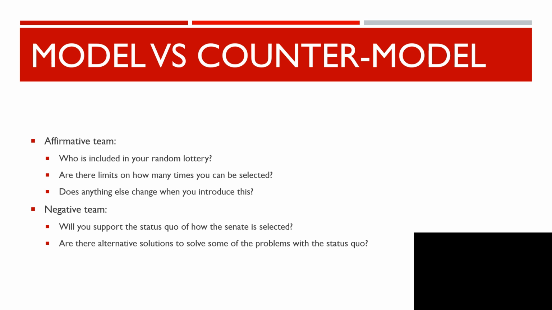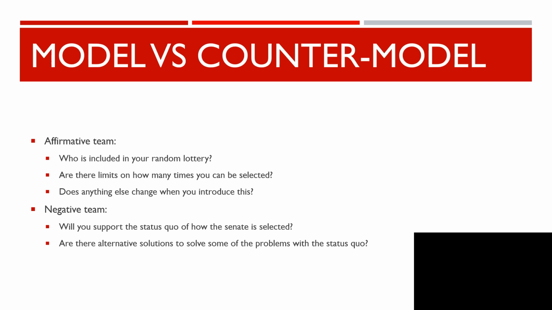The other thing to consider is whether people are allowed to say no to being put in the Senate. For example, if we look at jury duty again, there are some reasons why people are allowed to opt out of jury duty. If, for example, they are severely ill, or if they have burdens that they need to take on at home that mean that they cannot afford the time to be a juror. Ask yourselves the question of, are there reasons why you are allowed to say no to being a member of the Senate? And is this something that people are allowed to opt out of? Again, I don't think there is a correct or an incorrect answer to it, but just make sure that you've thought about the question because it may affect the way that you run your arguments.